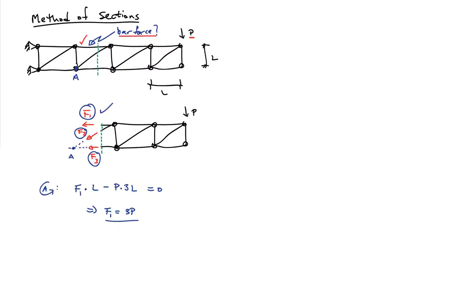So that's a fairly straightforward way of finding just limited information, and that's known as the method of sections, and it requires a bit of cleverness to be good at it. Okay, but